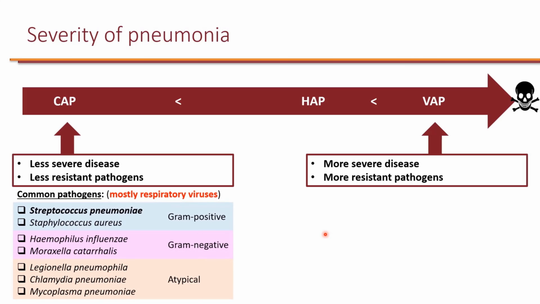Viruses by far are the most common causes of CAP. However, when it comes to bacterial causes of community acquired pneumonia, Streptococcus pneumoniae is by far the #1 respiratory pathogen causing pneumonia. Now, although Staphylococcus aureus can also cause CAP, not every patient needs MRSA coverage, and we'll talk about